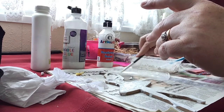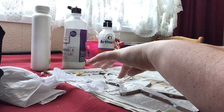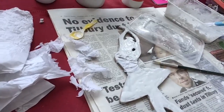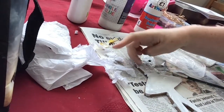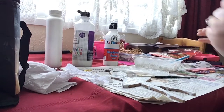Lay it down just a little bit because at the moment she's got really big boobs. Okay, right, that's that part. And we've got to let that dry obviously before we can paint it or